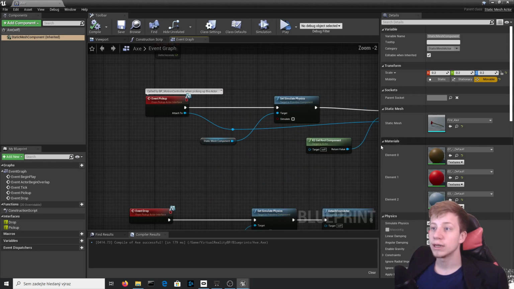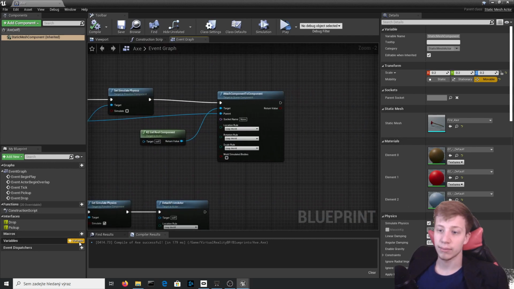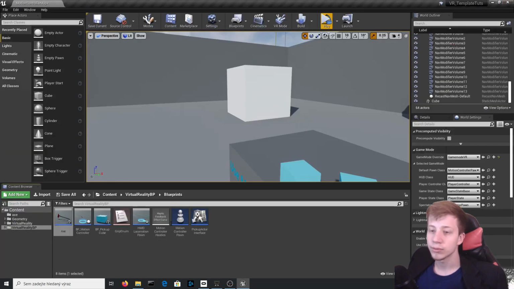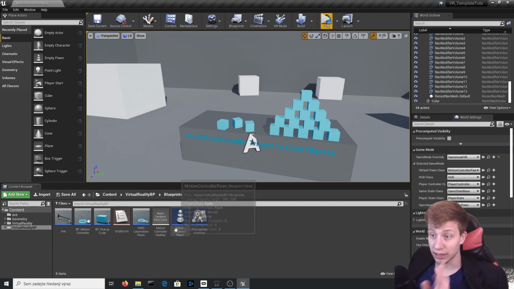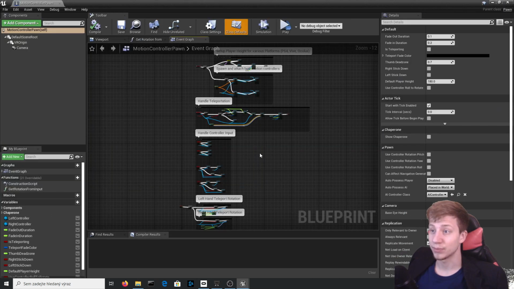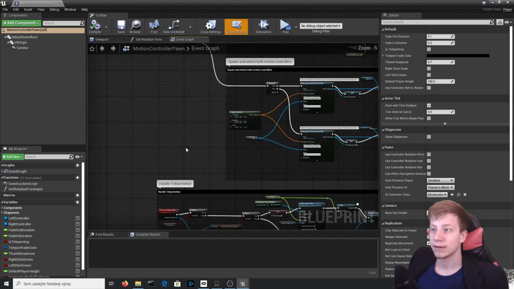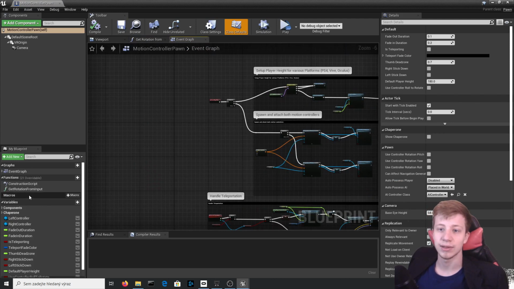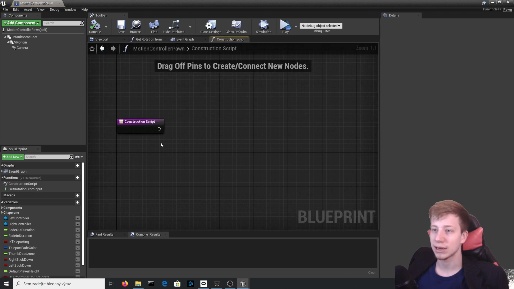And what we will do in event graph is add one more variable. That variable will be boolean, and let's call it can be stored. And I should really work on names of these variables. Not important right now. Let's get to motion controller pawn, and we will find event tick, which is probably here. No, that's event begin play, but that doesn't matter because first of all we need to go to construction script,